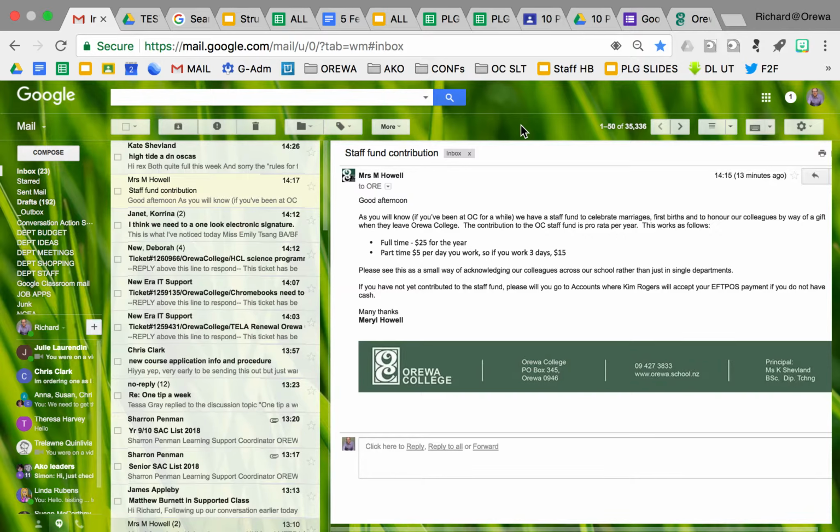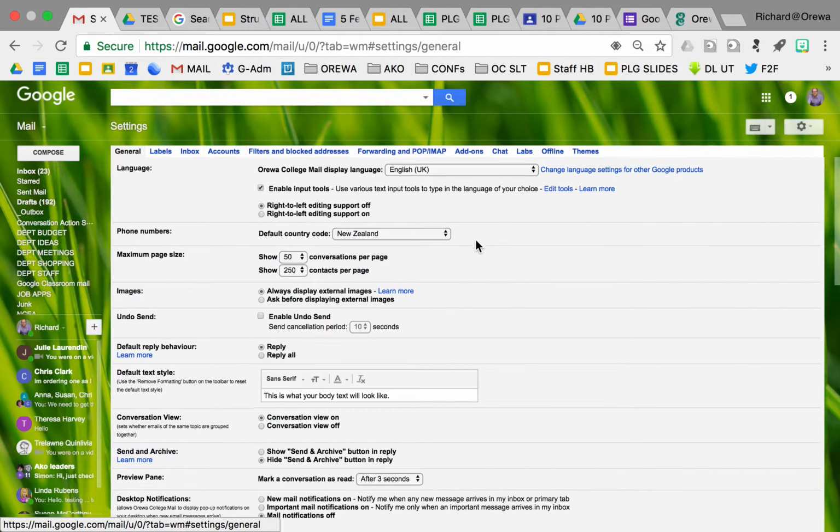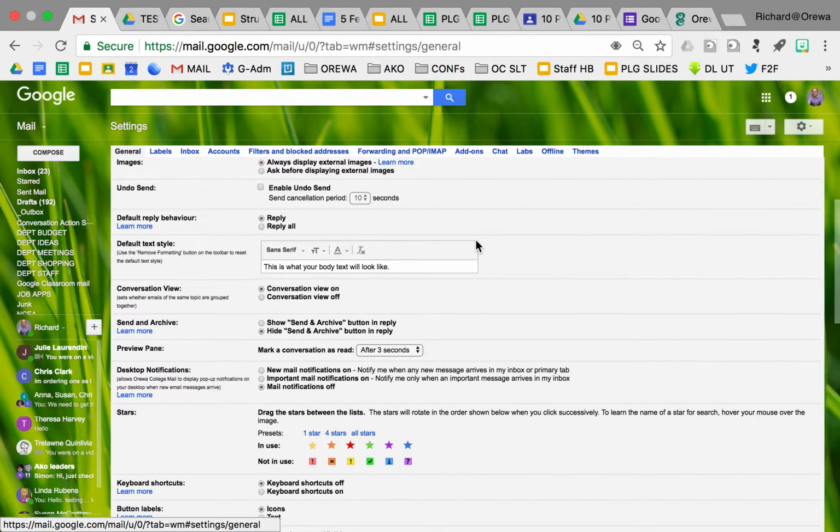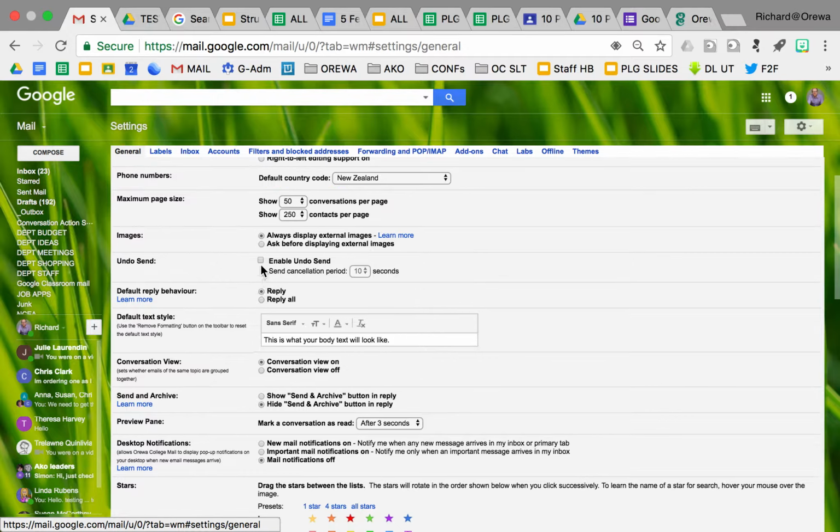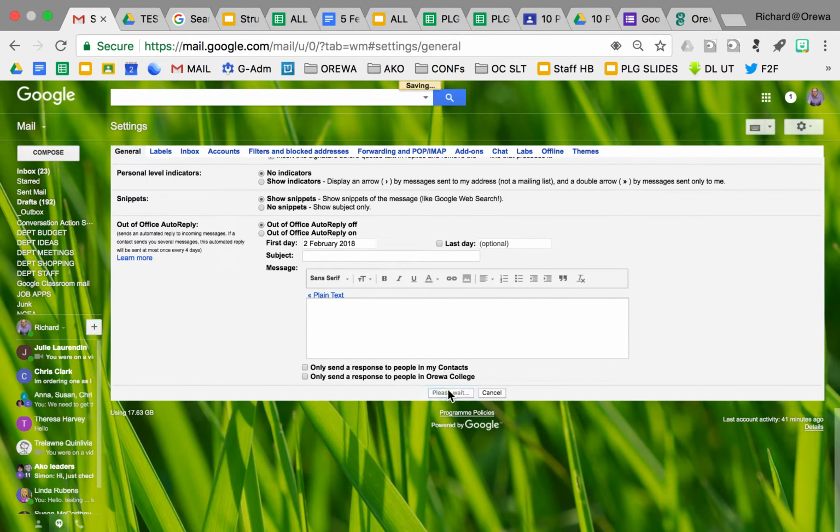The next thing I'm going to show you is a really important thing for a lot of people. Under settings as well, there's a great feature which you can enable, which is somewhere down here: enable undo send. This is a great feature for all those who make those occasional mistakes where you send an entire school or a department an email and 10 seconds later realize, oh my god, I forgot the attachment or whatever. So you can enable that and then set a 20-second delay on when it actually sends, or even 30 seconds if you want. And then again at the bottom here we can save the changes,